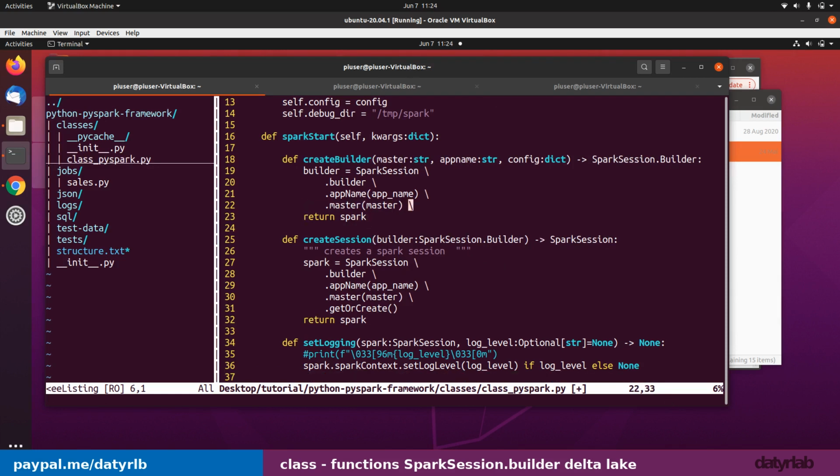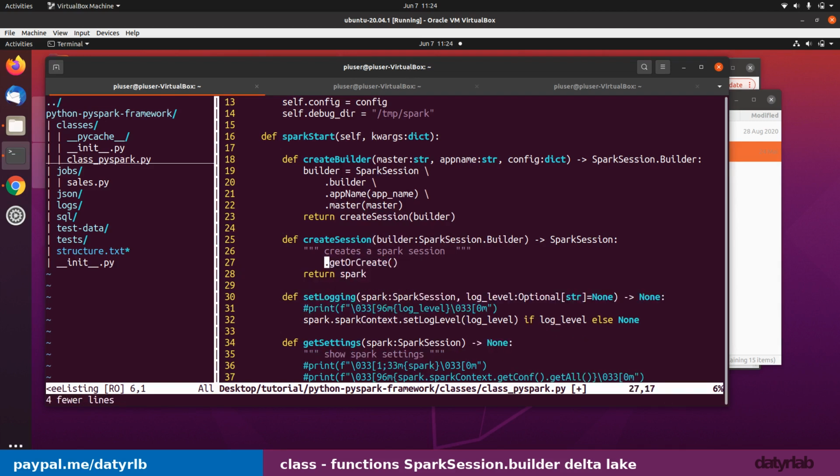Let's just remove that end of line thing over there, and then I'm going to pass in builder to create session. So I'm going to pass in builder. So create session, pass in builder, and then this bit over here, get rid of,